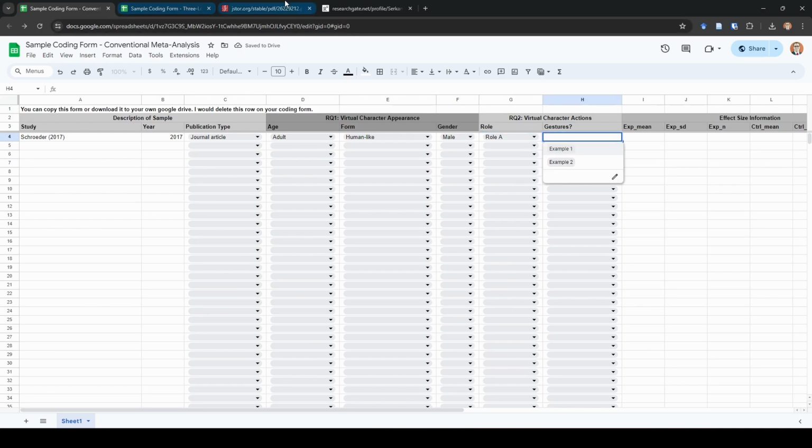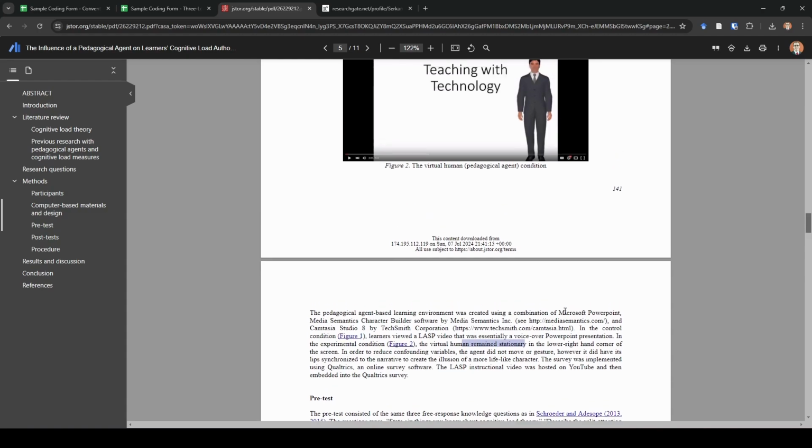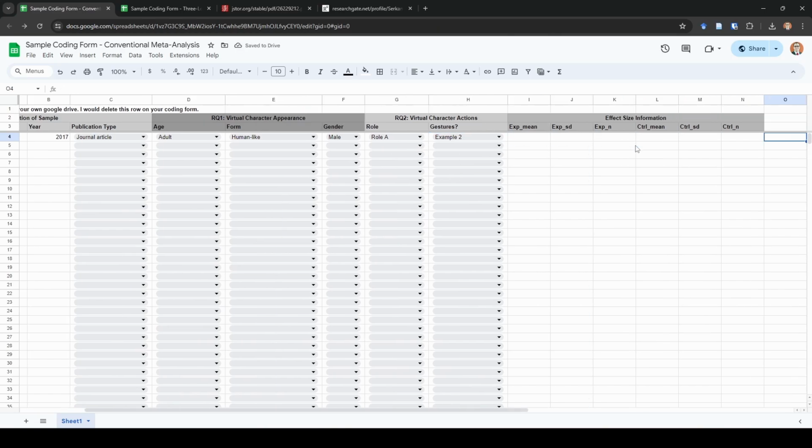Gestures. Now, this is why I said you wanted to keep in mind if the agent moved. So here it says it remains stationary, okay? And it doesn't say anything about gestures at all. But since it says it remains stationary, I am going to make the assumption that that meant there are no gestures. And for the purpose of this, I'm just going to click example 2. So very simple, right? We're basically taking descriptive information from the study and we are translating it over here to